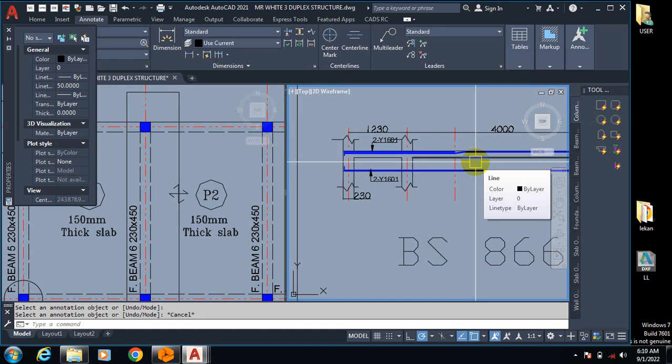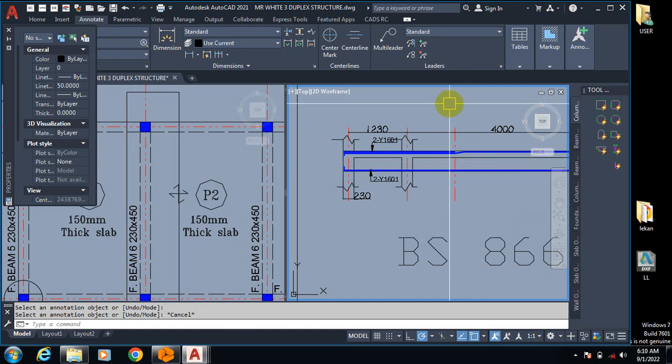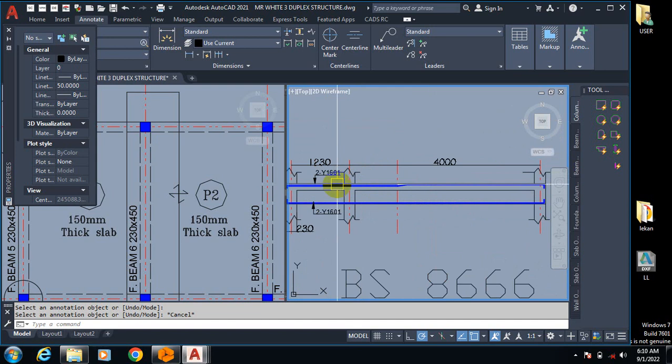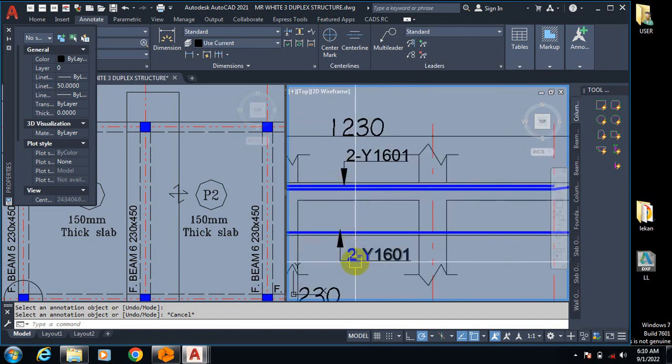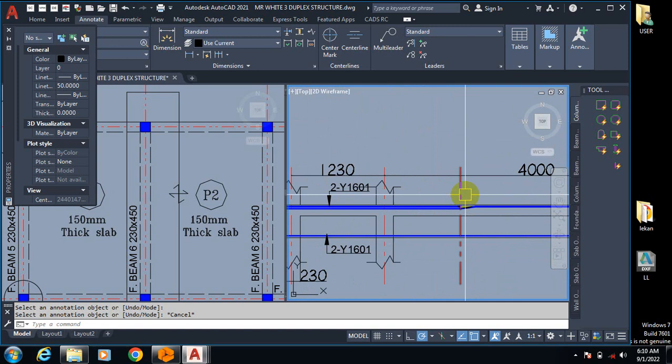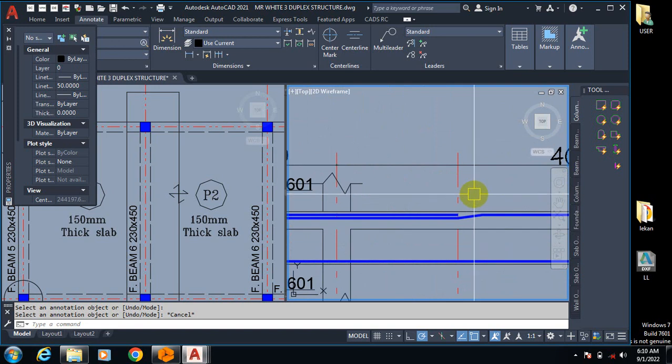For tension, the lap should be 40 times the diameter of the reinforcement exactly. Then for compression, it is actually 50 times the diameter of the reinforcement. Okay, now you know the reinforcement here that we used is actually Y16 for my top and then Y16 for this bottom here. All I need to do now is just to, if I offset this, I'm going to type in